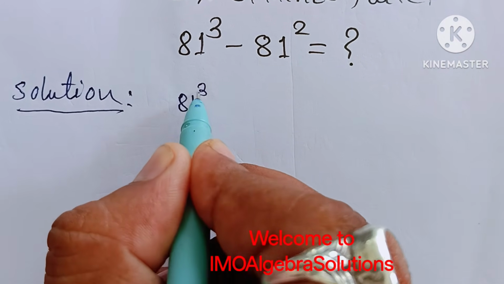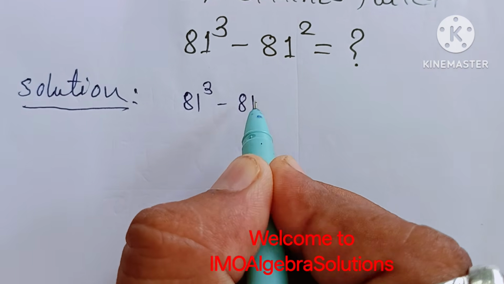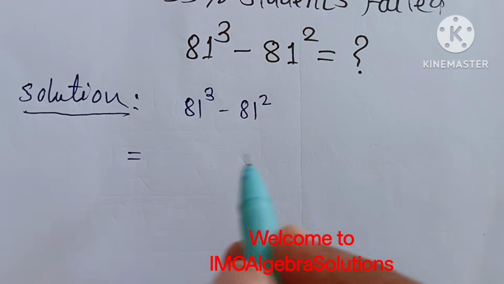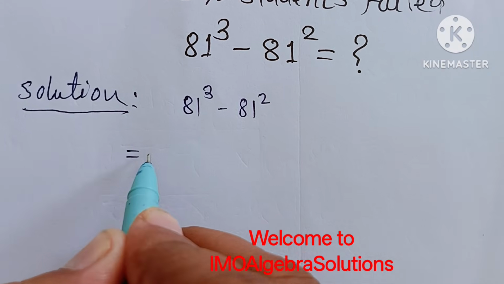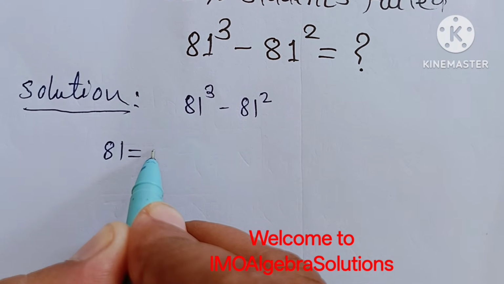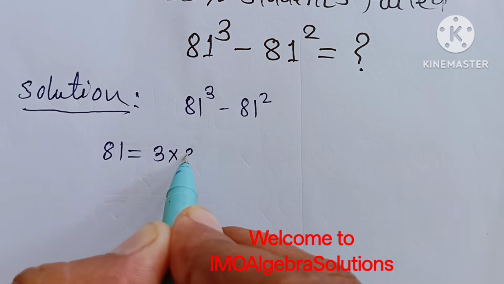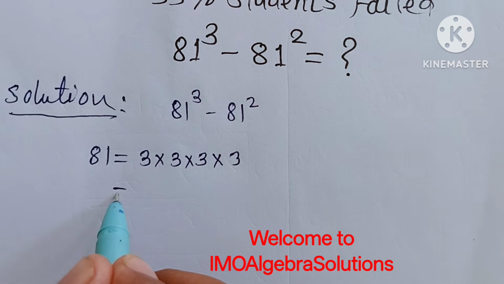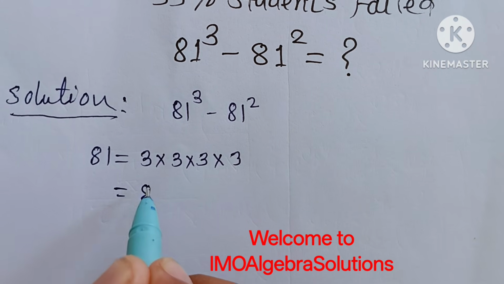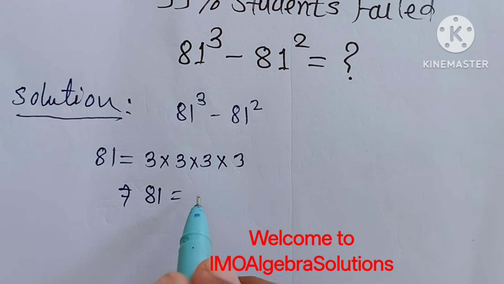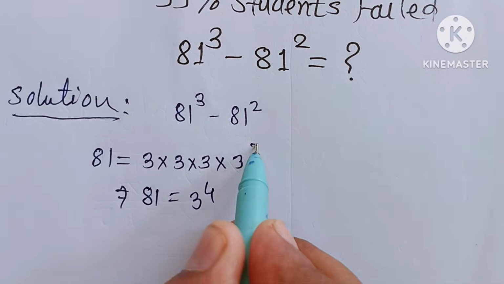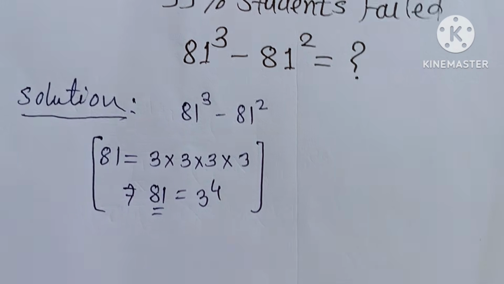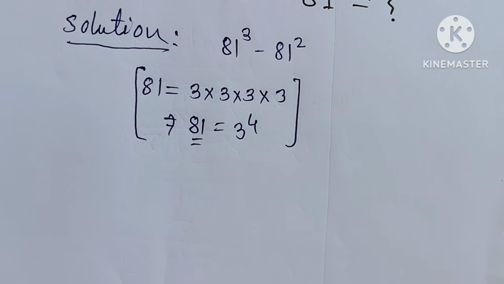81 cube minus 81 square equal to. How can we write 81? 81 equal to 3 into 3 into 3 into 3, that is 4 times. So we can write here 81 equal to 3 raised to the power 4, right? This is the information regarding 81. Okay, so now we have to see